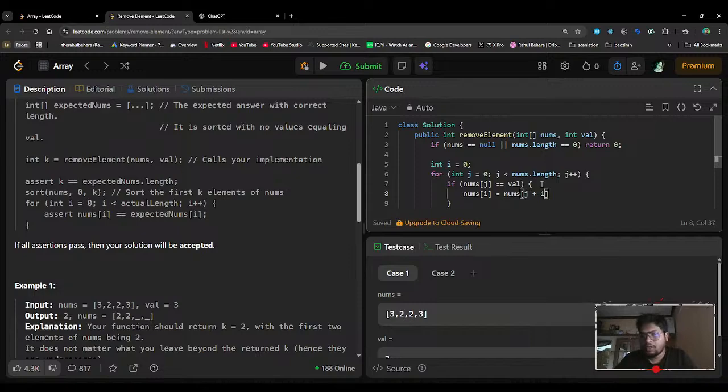No, I want to place the element in i with nums[j plus 1]